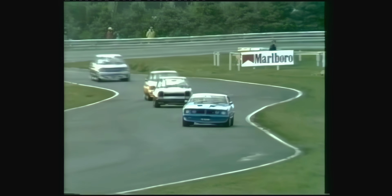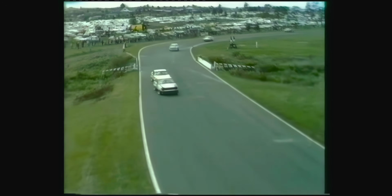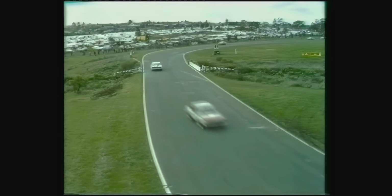Great drive from the start for Jimmy Richards as he leads coming through the top corner. He's got Colin Bond, but Bond is under pressure already from Morris. Jim Richards absolutely shining, got a beautiful start down the outside, cut into the turn to make sure that he was well accommodated and let the others make their own arrangements. On the back straightaway, he managed to really open up distance on them, and I think the further the race